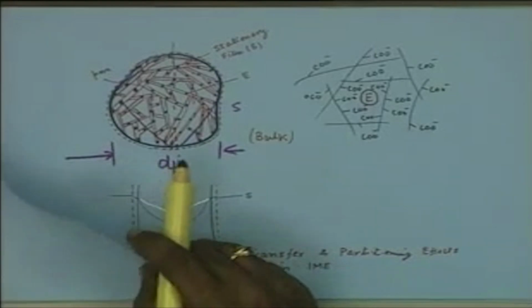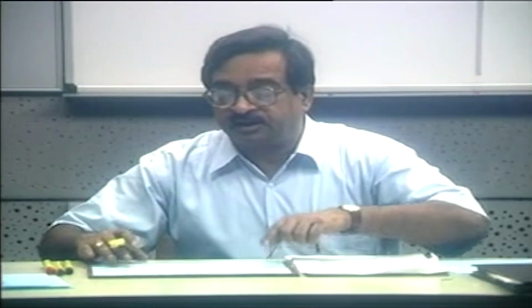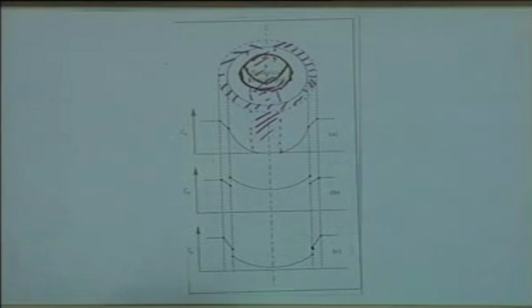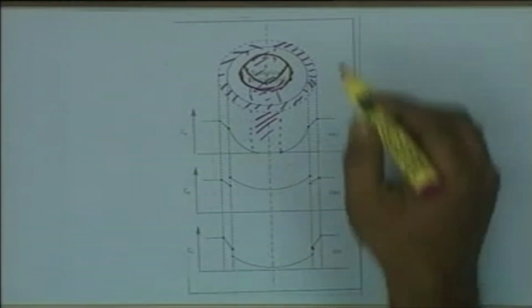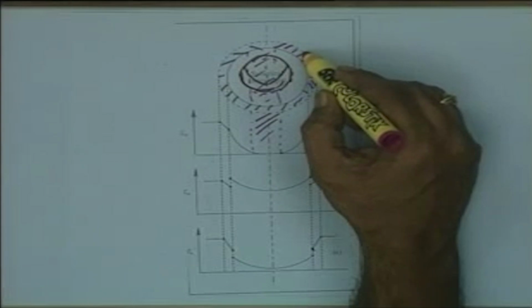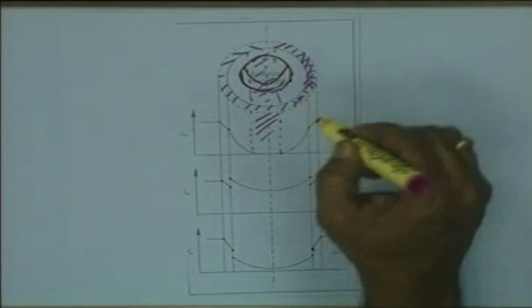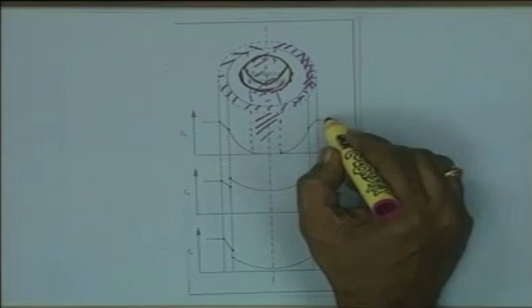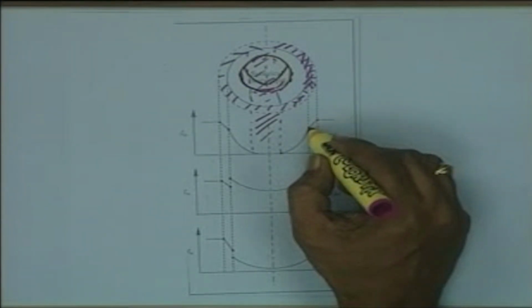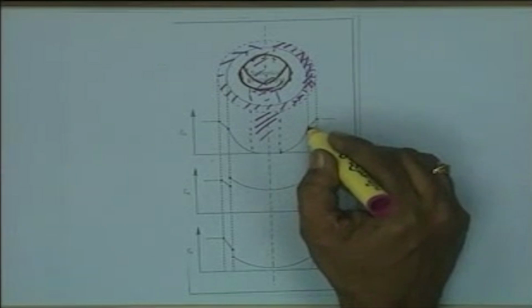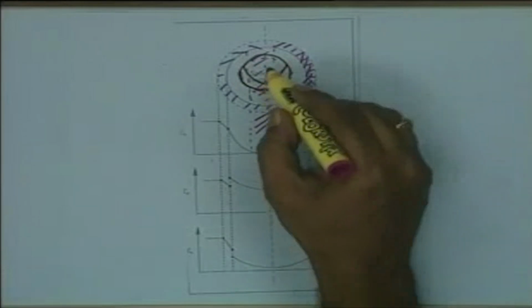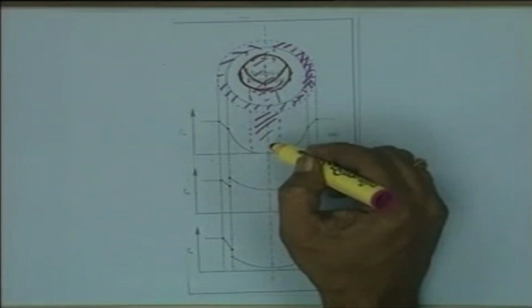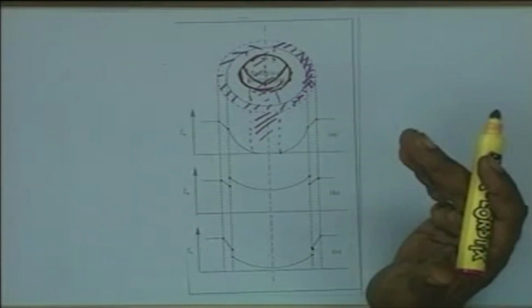Now, again I would like you to keep in view the substrate gradient across the particle. If you consider that this is the thin film, then from the bulk there might be a linear substrate gradient across the thin film, and the concentration might drop at the surface, and from the surface to the interior of the particle, that means to the center of the particle, there might be again a gradient